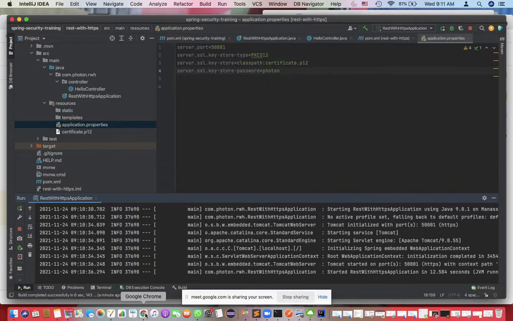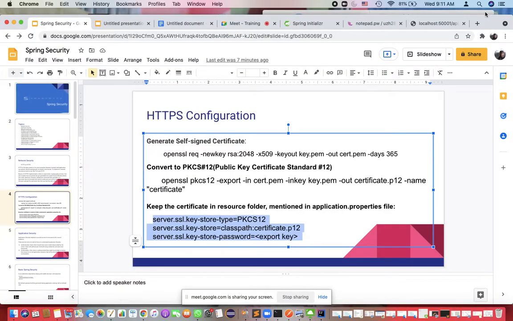Now Samres, you will understand how this certificate will be transmitted from one end to another. Exactly, the certificate is there with the client.